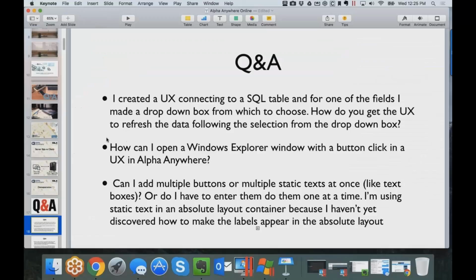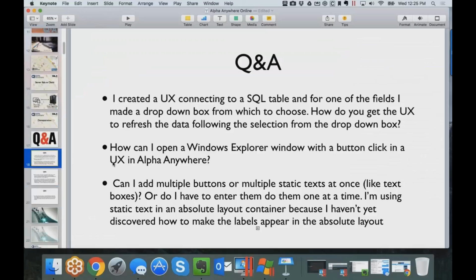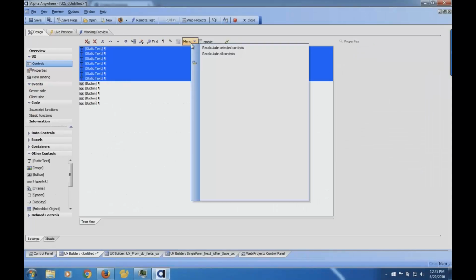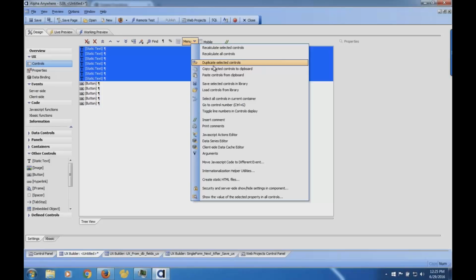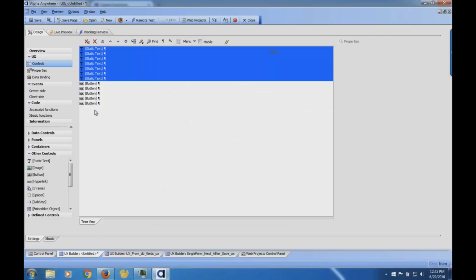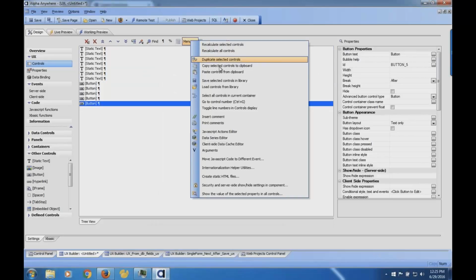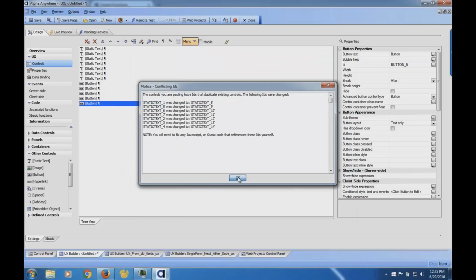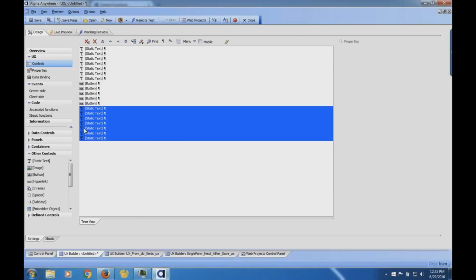You could also do like 10 of them and then copy and paste them. Yes, exactly. That's the other thing: you could highlight a whole series of these, go to Menu, copy selected controls to the clipboard, and then notice it takes the XBasic background, how it's actually what the machine sees, and copies them there. I can go here and do a menu paste, and it's going to rename them because they have to be unique, but now I have a whole set there. So yeah, Dave, absolutely, you can use copy and paste.